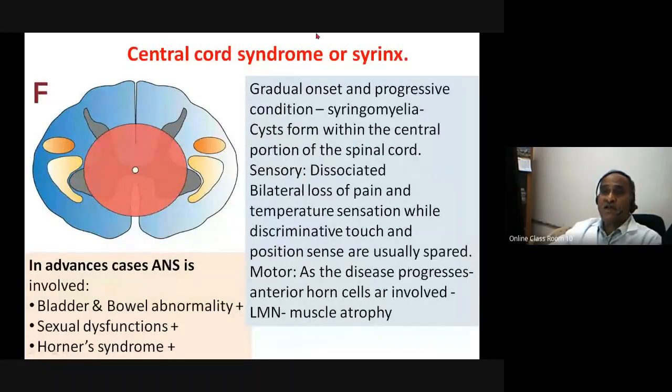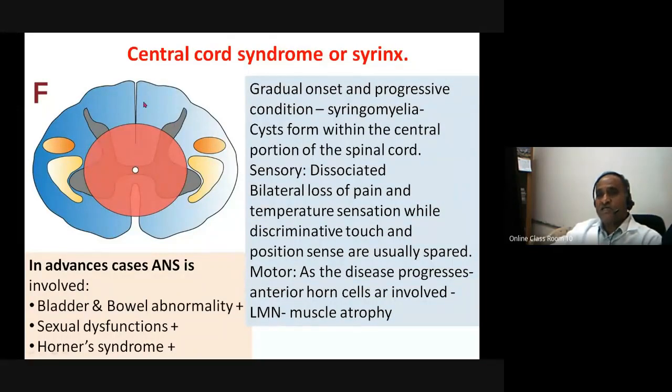Now, central cord syndrome. So that is about anterior cord syndrome. Now, the central cord syndrome. Here is the canal. And what happens in this canal? There is a cavitation. This cavitation keeps on increasing, like a bamboo. The central hollowness is there, so this canal becomes larger and larger, as is shown with the red circle here.